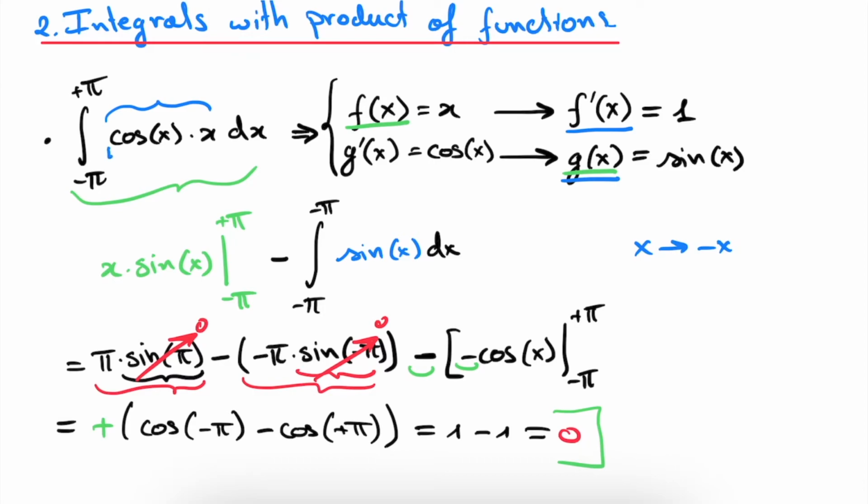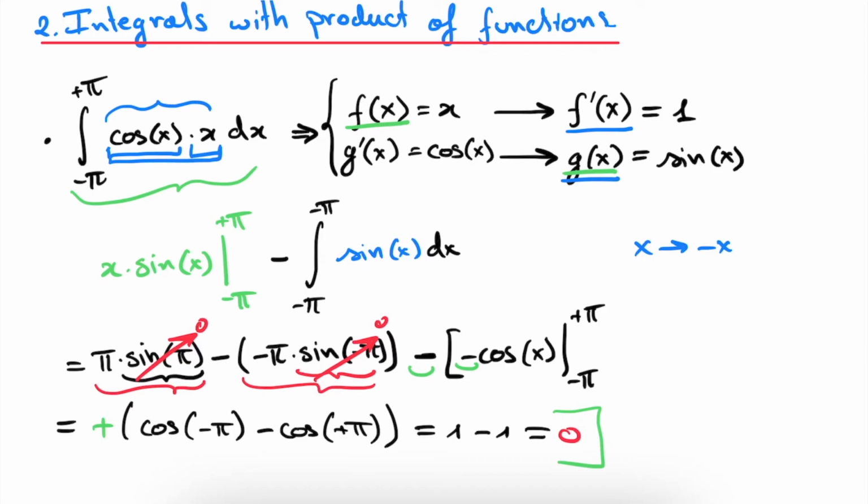And in our case, we know that the cosine of x is an even function, because the cosine of x is equal to the cosine of minus x. But we see that x on its own is an odd function, because if x swaps to minus x, then we clearly get a minus sign. So this function in total is an even function times an odd function,